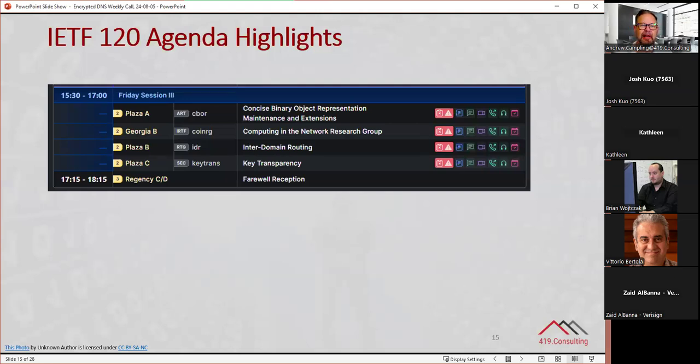Or indeed anything else we didn't cover last week. Things like MIMI, for example, I believe that had two working group sessions, but I didn't manage to get to those. I'm sure there were various other topics. So anything else that anyone wants to add from the IETF meeting agenda that you think is noteworthy?